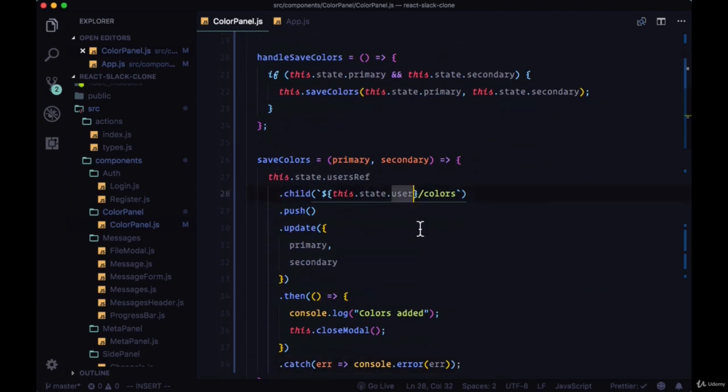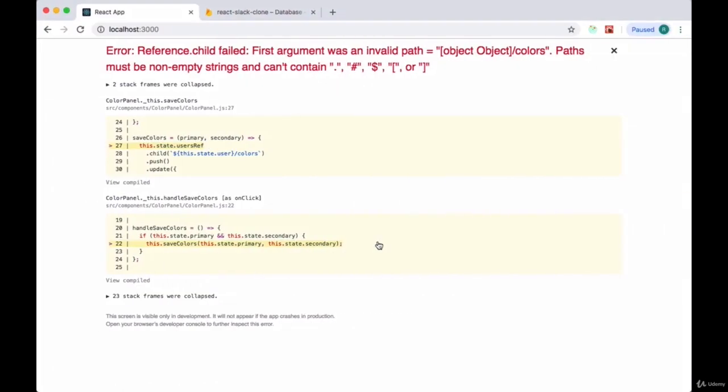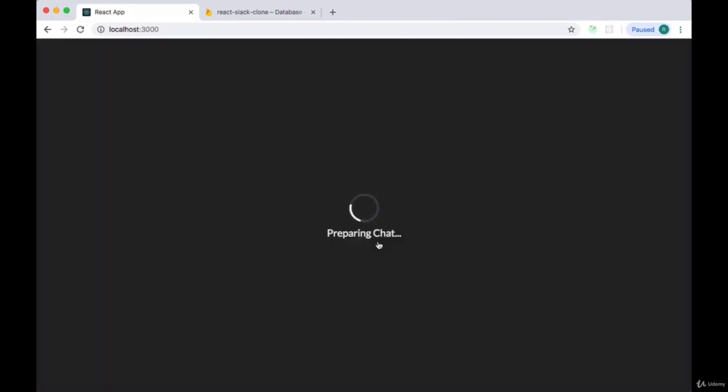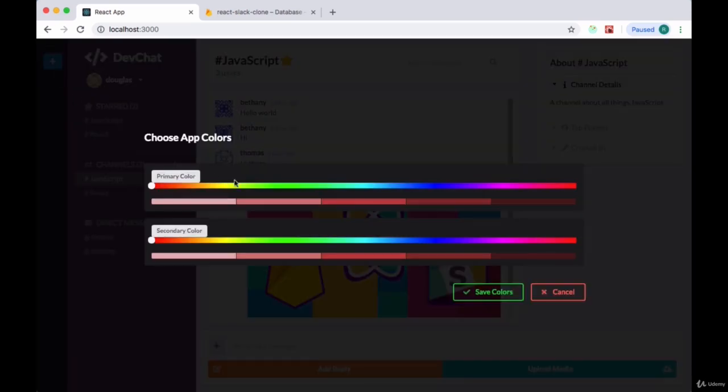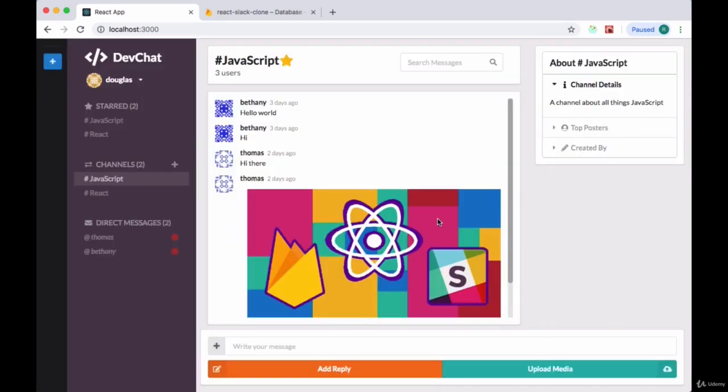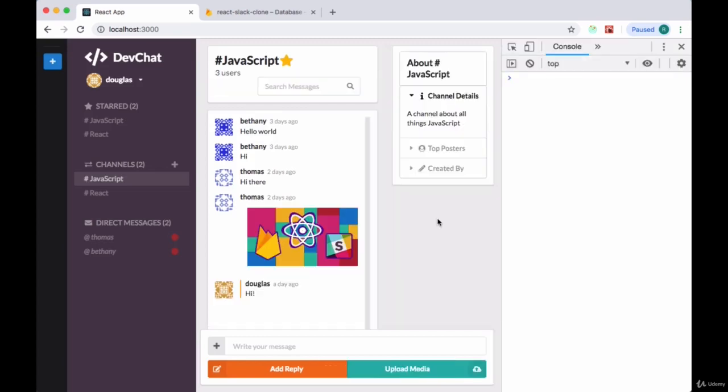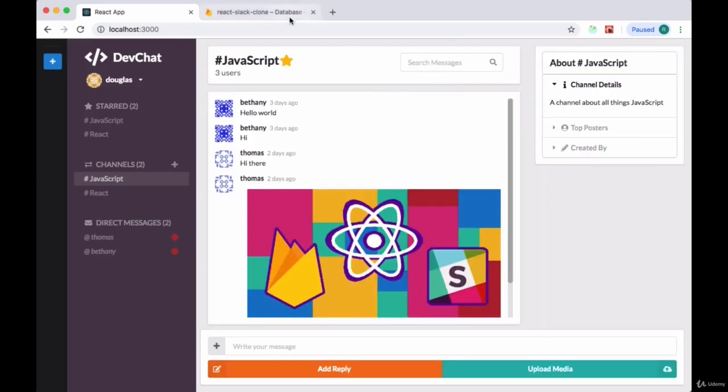So this needs to be this.state.user.uid / colors. So now let's try this again. We'll pick another set of colors. Then we'll hit save. If we take a look at our log, we see that the colors were added, our modal was closed, and